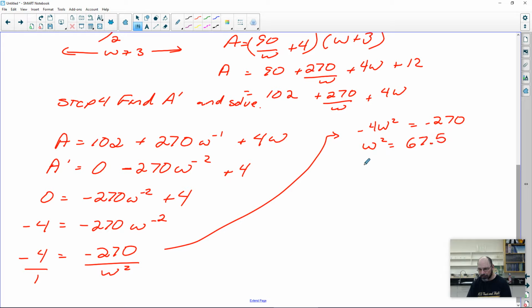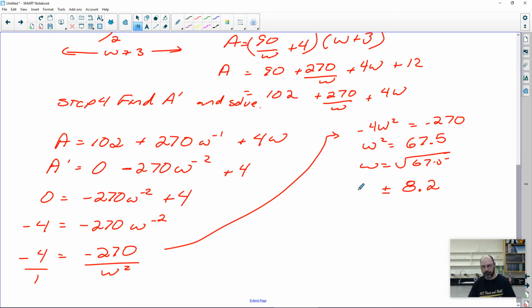Okay, and then we take the square root. So this will be plus or minus. Okay, and we'll round it off. Where's my square root? There it is. Okay, so that gives me 8.2 for the width